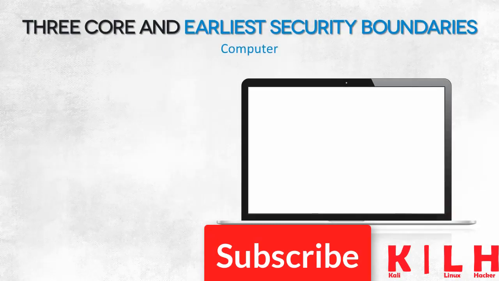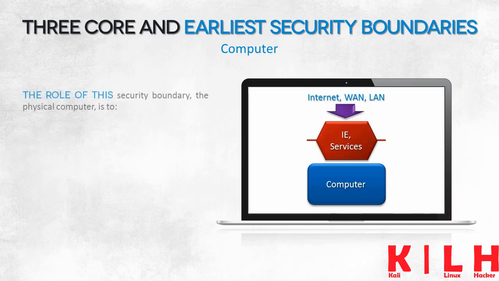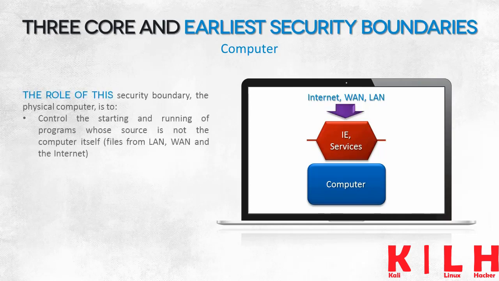Let's start with the basics. Historically speaking, the first security boundary is the physical computer. A boundary in this case must separate all local computer processes from the outside world. Once a computer is connected to a LAN and the internet, everything that is external to the machine is treated